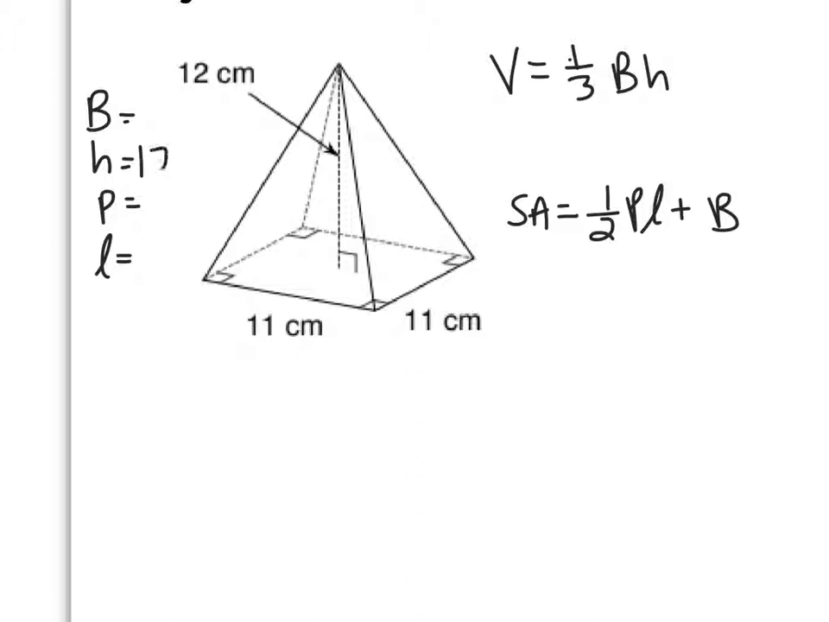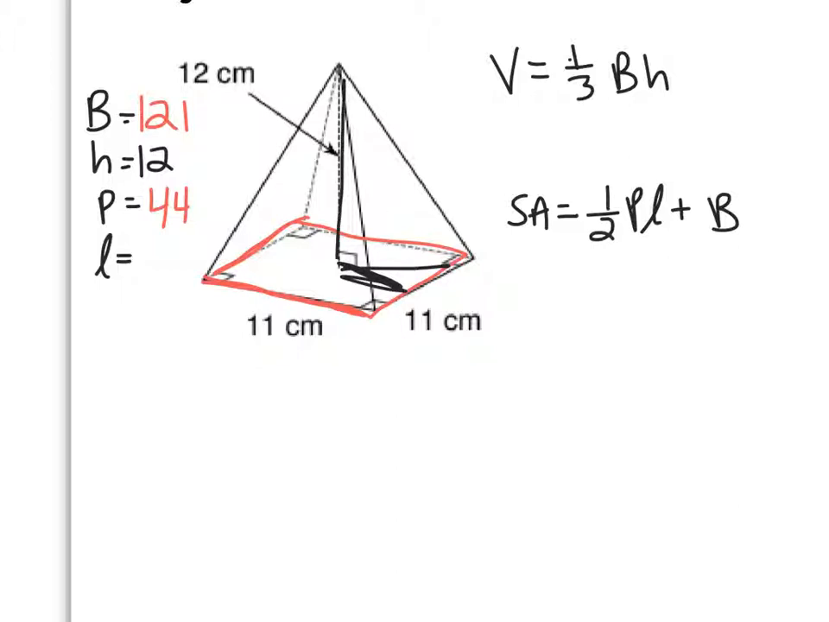Initially, I'm given my height, and I'm given the side lengths of my base. So my base here is a square. So area of my base would be 11 times 11, which is 121. Perimeter of my base would mean add 11 4 times, so 44 for that. So the only thing I really need to find in this one is my slant height. To find slant height,